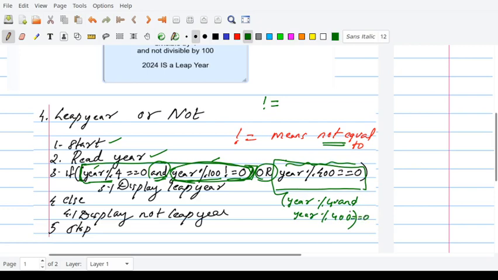If the year is divisible by 400, then that means the year is divisible by 4 also. So we are not separately writing this, we just need to write year divisible by 400. If you want consistency, you can write this extra condition, year divisible by 4 and year divisible by 400. If this statement becomes true, it is a leap year, otherwise it is not a leap year. So you can write a program for this from this algorithm. Thank you.